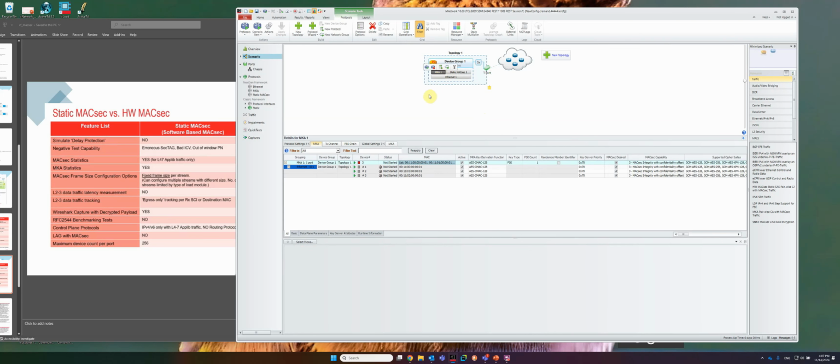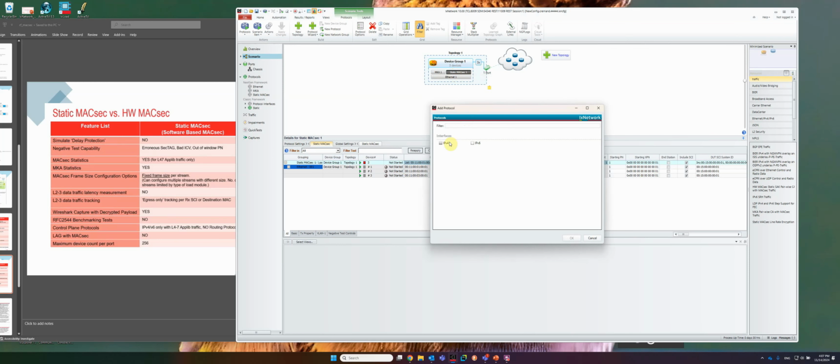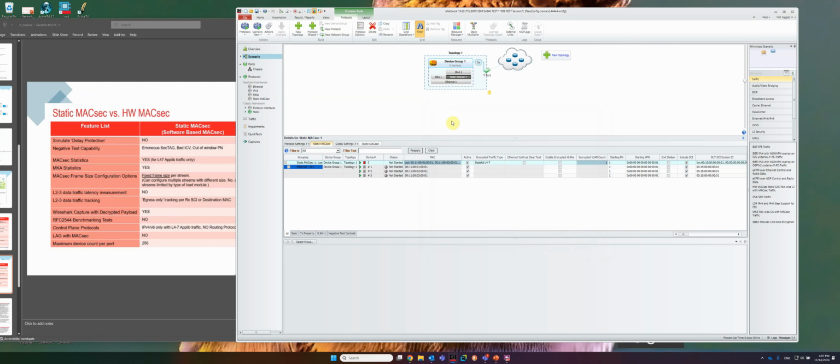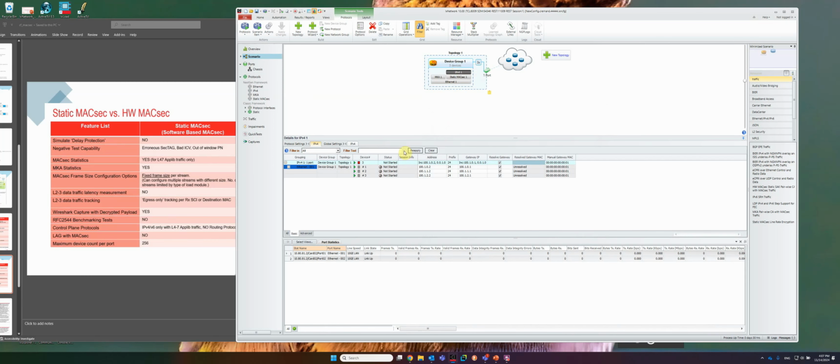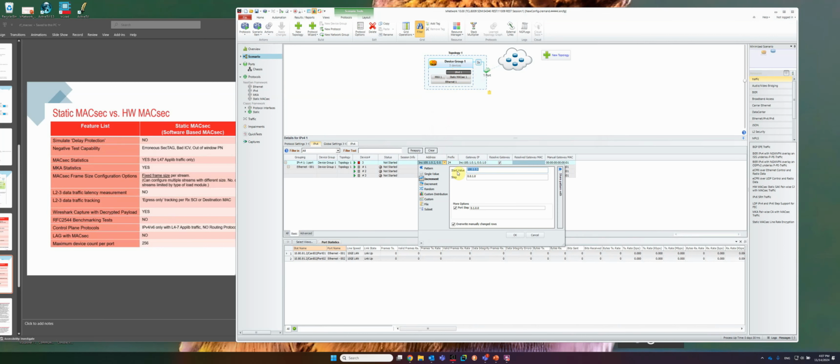Before I go any further, one thing that we have to set, because this is the L4, L7 application traffic, is that we can change this encrypted traffic type here to L4, L7. When you do that, that's going to give us the ability to actually add an IPv4 layer into this stack here. So I'm going to go back to static MACSec, and under add protocol, I'm going to add IPv4. So now under IPv4, I can actually have 3 IP addresses. So I have 3 hosts in here. So I'm going to set